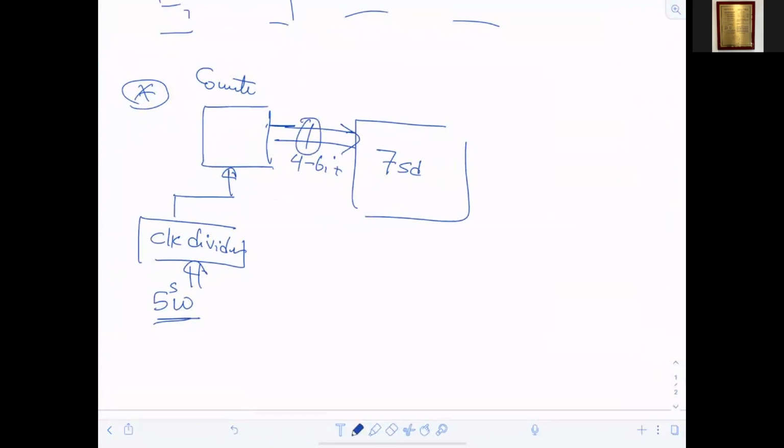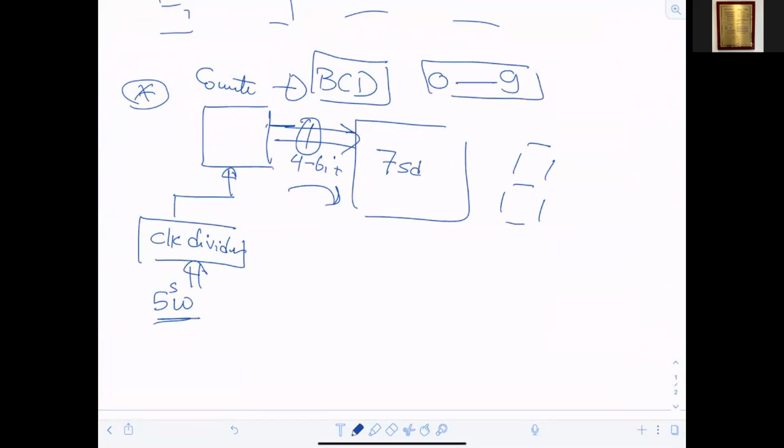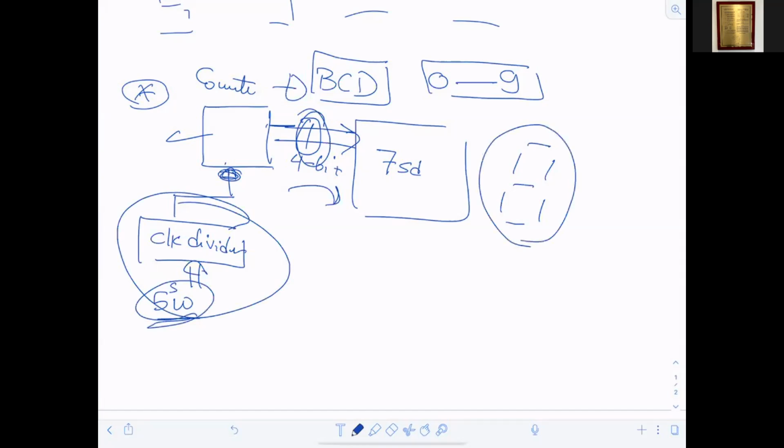The counter will be passing values, and the passing value will be going into the 1-digit 7-segment, as you can see. This counter, what will it be? That's going to be a BCD counter. When I say BCD counter, what is that? That means count from 0 to 9. There is no more than 0 to 9. Okay, so the counter you're going to build, you attach it to my 7-segment display. You will see where exactly you're going to attach it. And then the clock, which is responsible for the counter, will be connected to a set of switches of the clock dividers. And those 5 switches will be responsible for how fast I will be able to see the counting